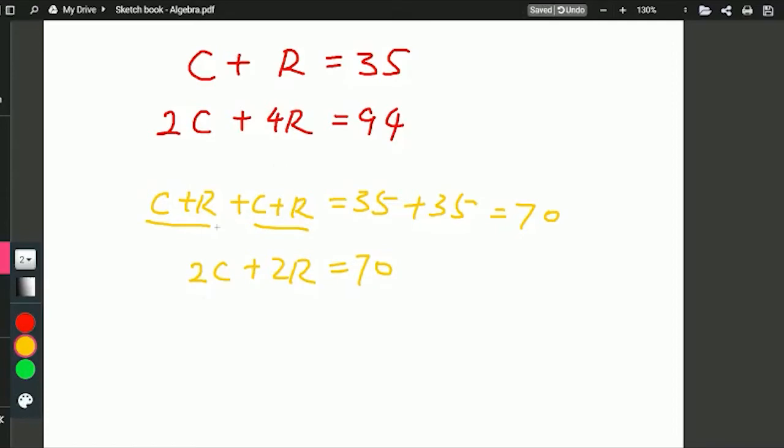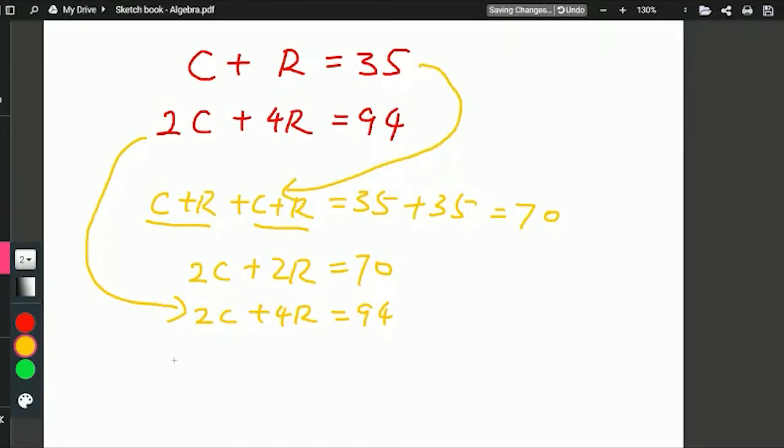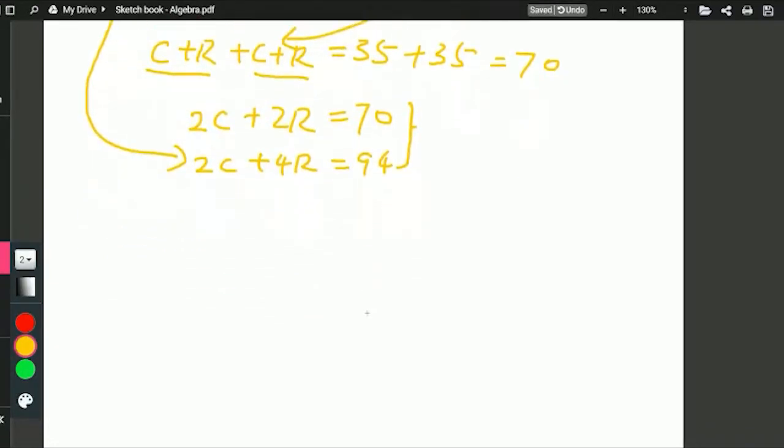And we know 2C plus 4R is 94. This comes from here, and this comes from here, right? So we have these two. This is one step. Next step, since 2C plus 2R is 70,